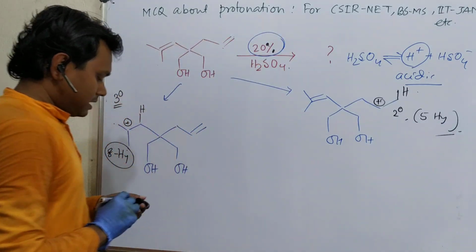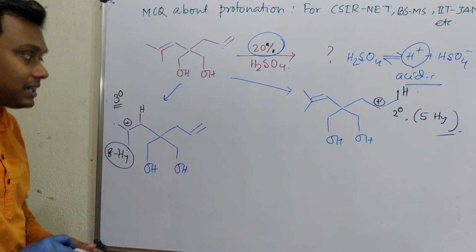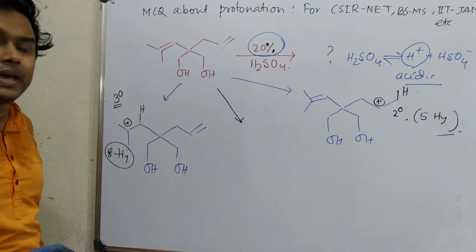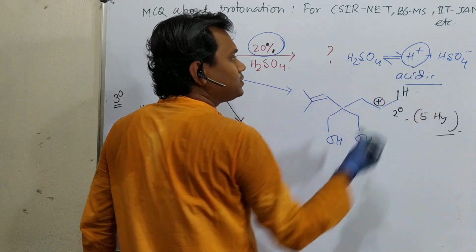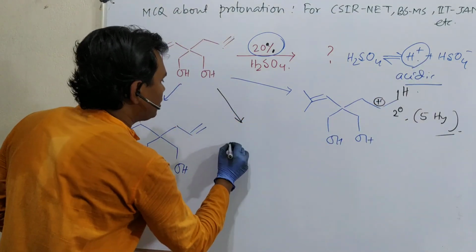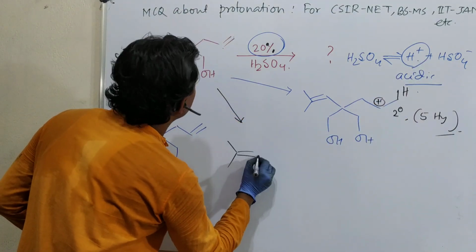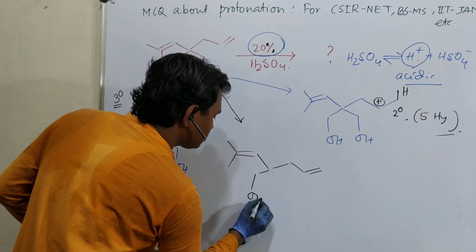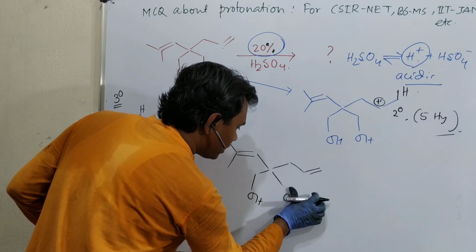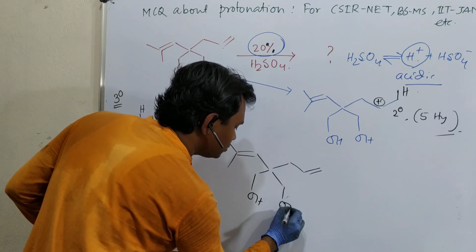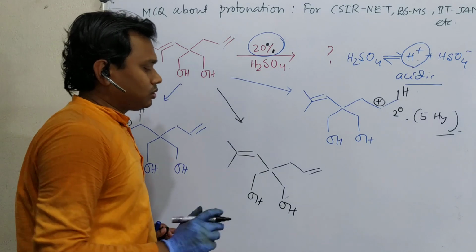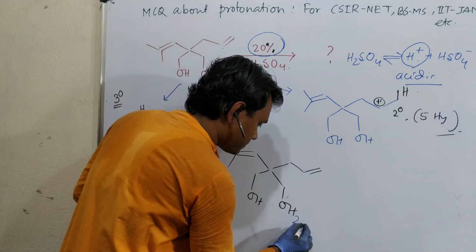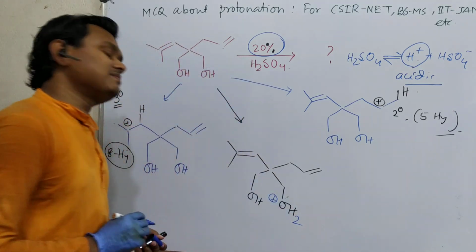Okay, fine. Now in the other case, what option is possible? See, there are hydroxyl groups, so they can act as a base and they can be protonated by this proton. So what is the third option? These two hydroxyls are equivalent. Okay, so just protonate only one, and let's see what the options are. So these 3 chances are possible.